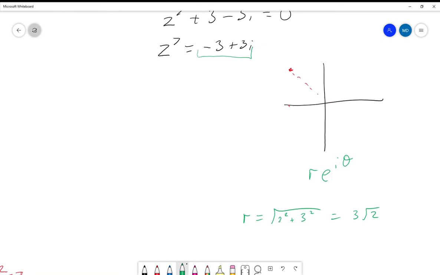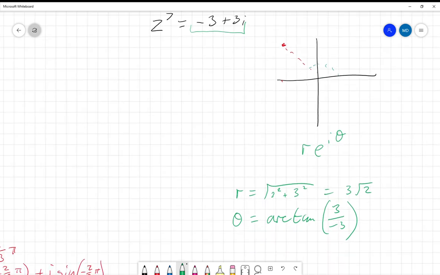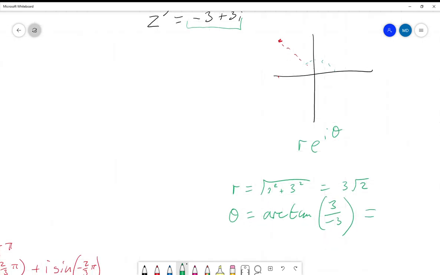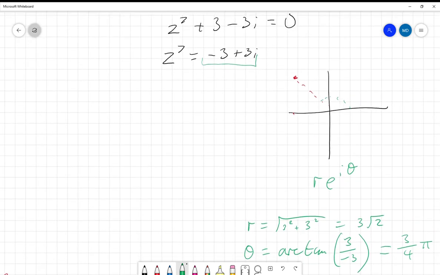And our theta is going to be equal to the arctan of 3 over negative 3. But remember, there are 2 solutions to that. And we need to look at this and notice that it is our positive solution we're looking for. So our answer is 3 over 4 pi, as opposed to negative a quarter pi, which is what you'll get if you don't consider which is the